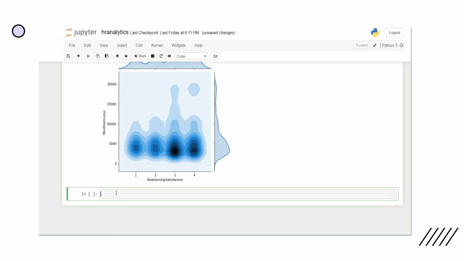The next advanced plot is heat maps. A heat map is actually a correlation plot that is used to understand the data. And here we are going to use the pivot table for generating the heat map. A pivot table is nothing but a statistical table. It groups the data based on the given parameters. So first, let's create a pivot table from our data set. I'm going to take the pivot function, the pivot method.